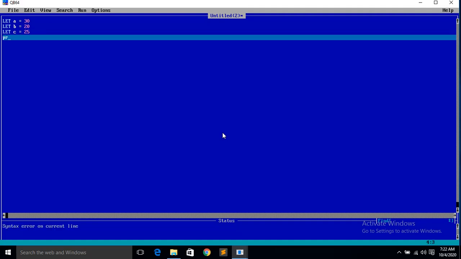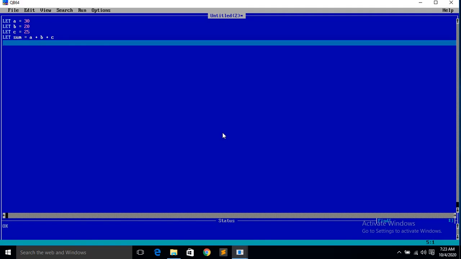Then, sorry, here I have to give let sum is equal to A plus B plus C. Print sum.